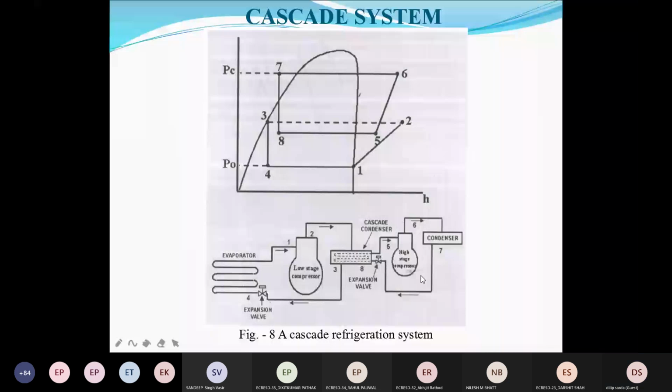And both are working. But whatever refrigerant is left over here, CO2 in liquid form after the condenser, will remain there in the condenser. If it is not properly insulated, or if there is no refrigeration system available to remove the heat gain from outside, then it may burst. So that requires some safety standard.